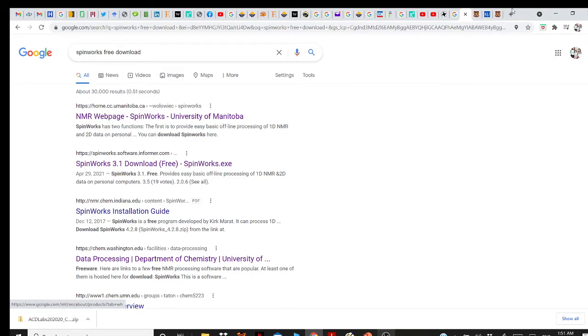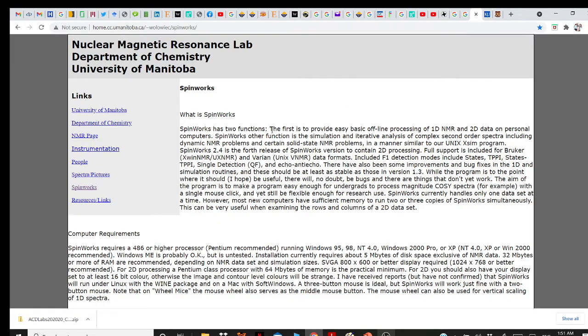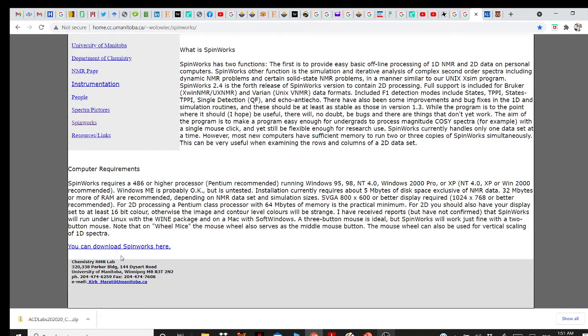If you click this page, then you will see that page open like this. You can click here to download SpinWorks from here. You will get a link to download SpinWorks. Make sure that you download SpinWorks 4 or 4.1. Once you download it, it must be in a zip file, so you can unzip the file and you can double click it and it will start